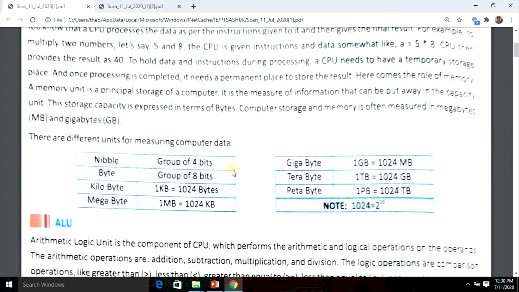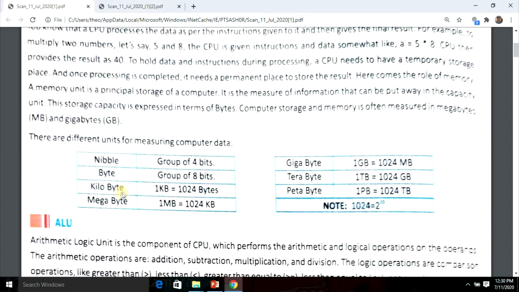Now a bit, a 0 or 1, is known as a bit. When 4 bits group together, it becomes a nibble. When 8 bits are grouped together, it becomes a byte. And 1024